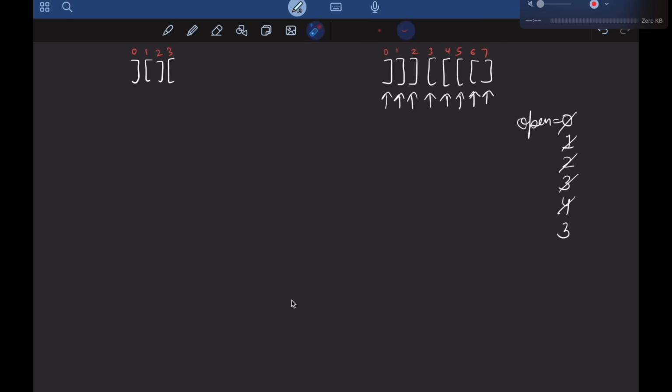Now, when you have traversed this entire string, you saw that at the end, there are three open brackets left, which were not matched with any other closing bracket. Then that means this string is not balanced, right? If you take an example of this string, so here you will see at this point, your open will become